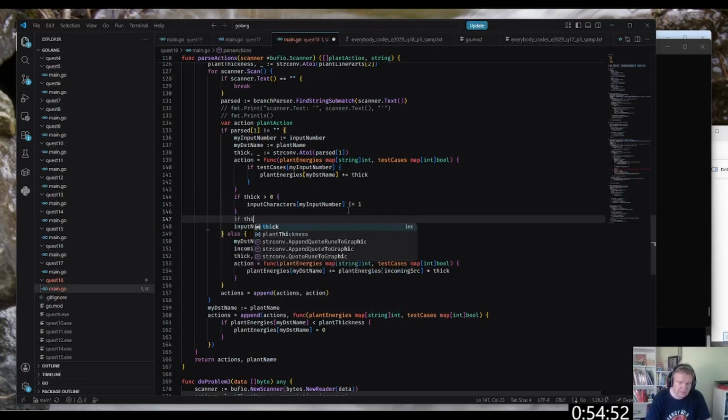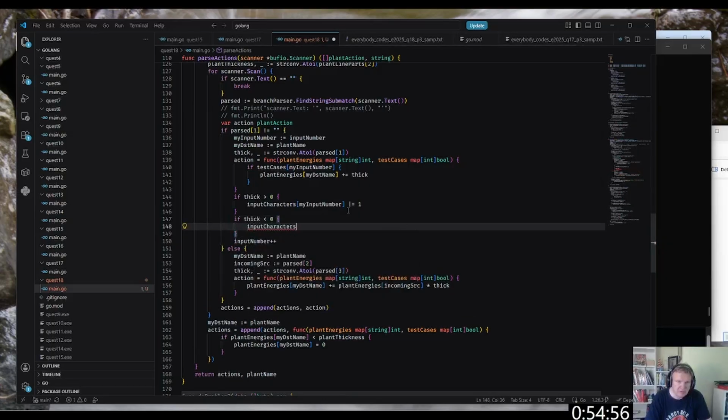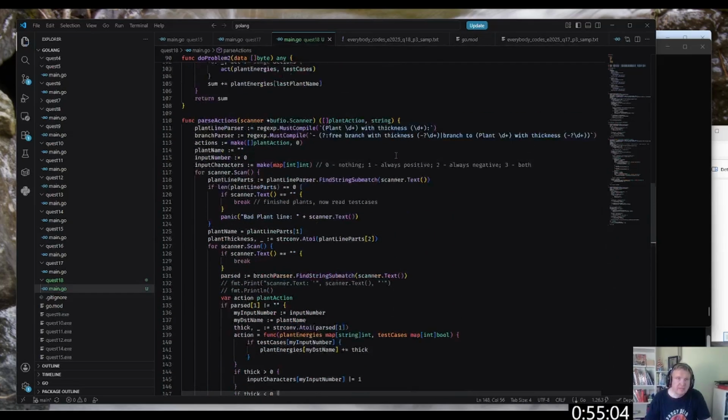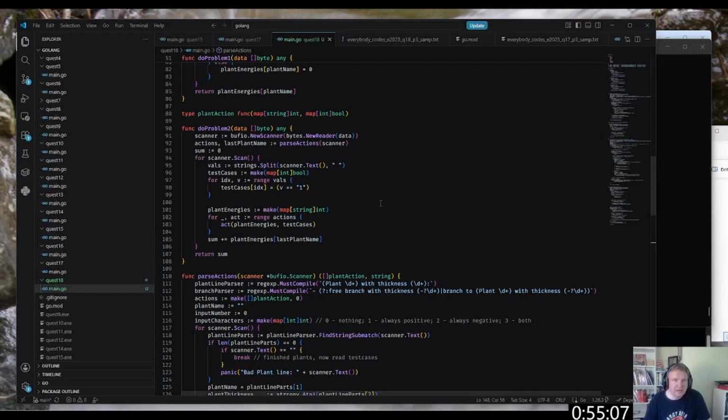If thick less than 0, input characters, my input number, or equals 2. Okay, and now